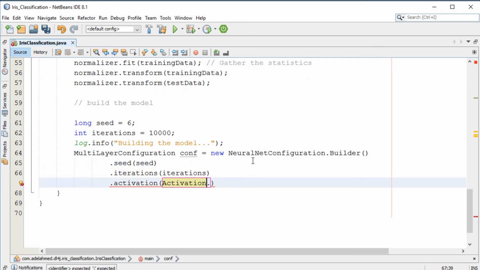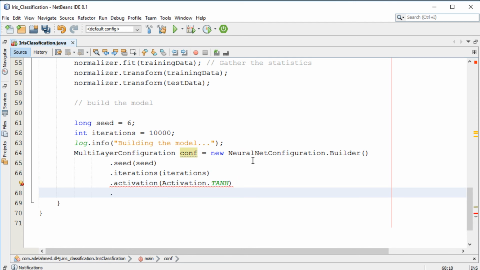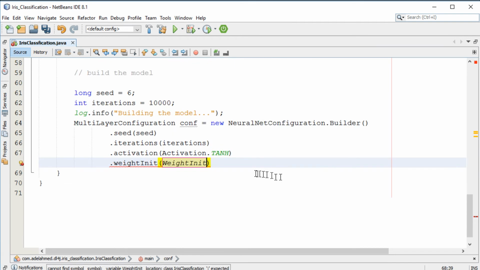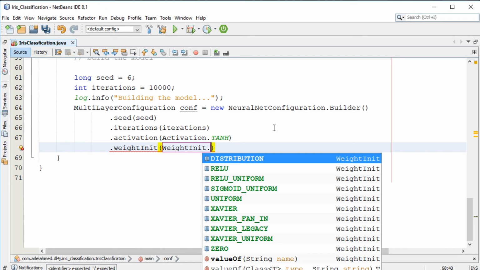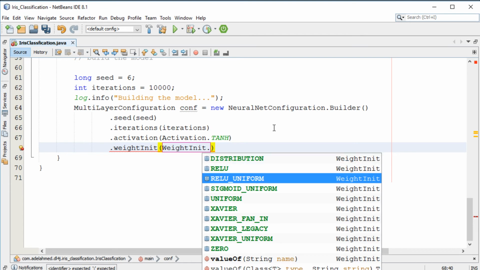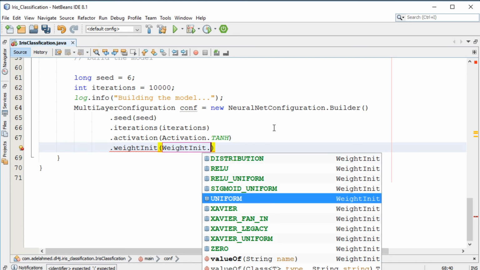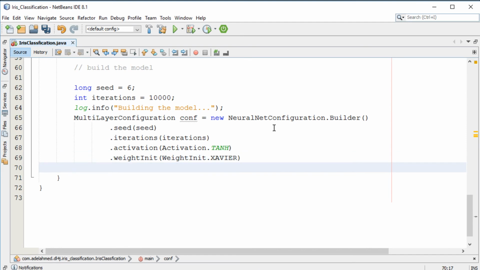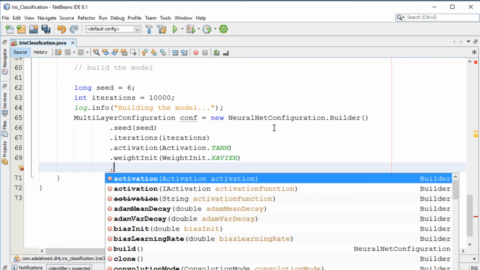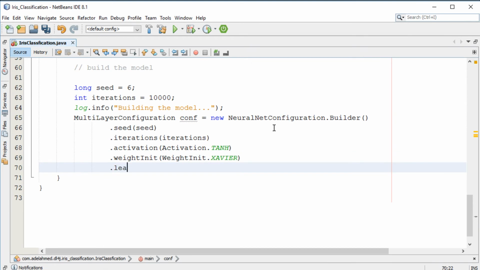The example uses the hyperbolic tan, or tanh, and after that we need to specify how to initialize the weights. For initializing the weights we can initialize it with zeros, distribution, ReLU, whatever. The example uses Xavier, so I'm going to use the same thing. And then we specify the learning rate,